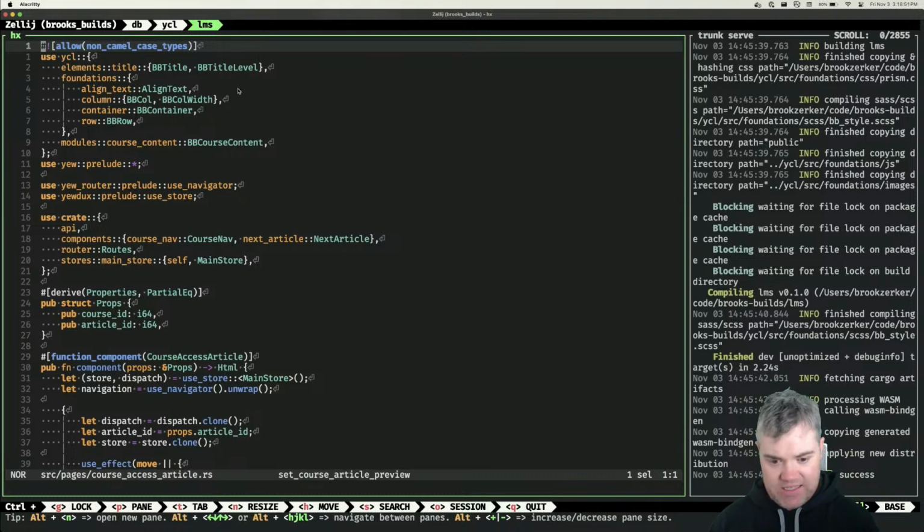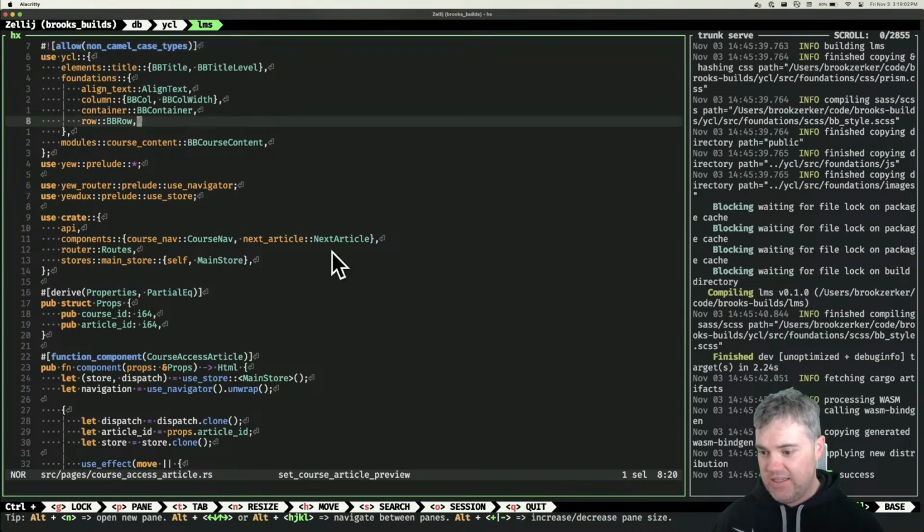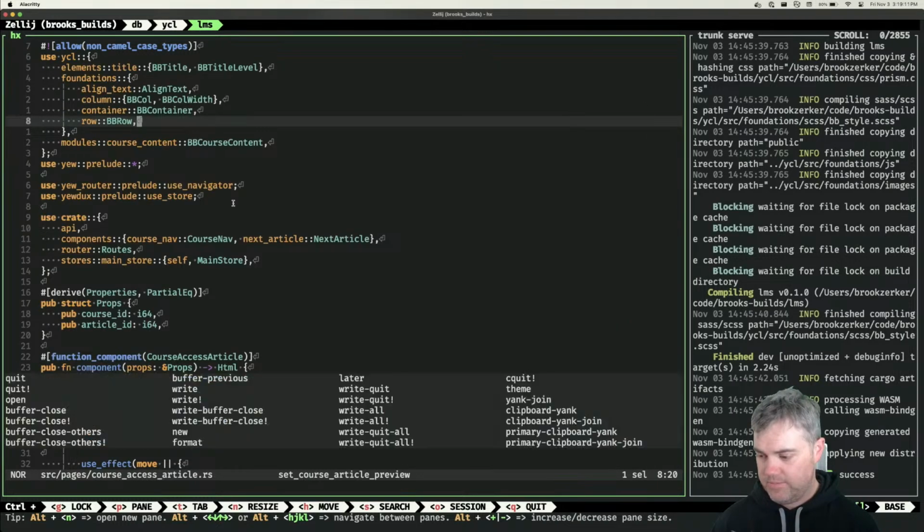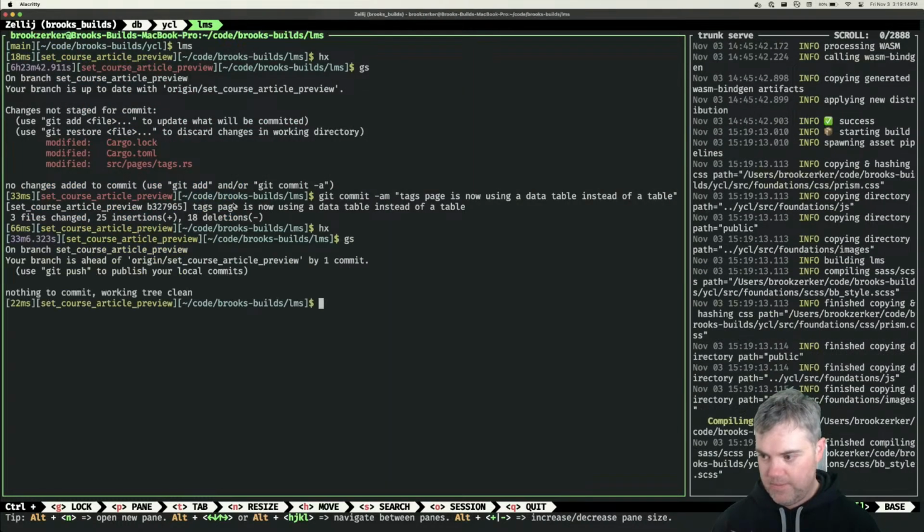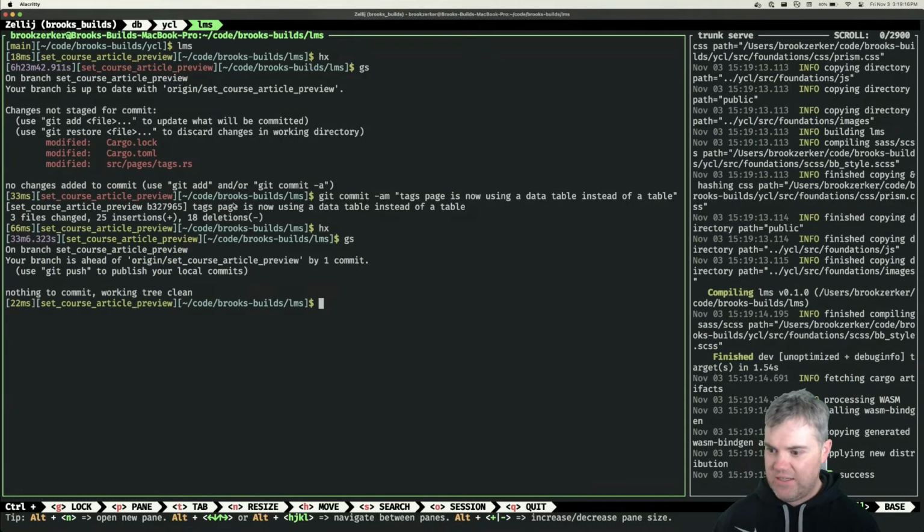Now, okay, and I'm happy with using the tags in the way that they are right now. So I'm okay with deploying, because we didn't make a change to the LMS besides updating the table. And so I'm okay with that. So let's go ahead and do a deploy. Even though I haven't set a course article preview yet,